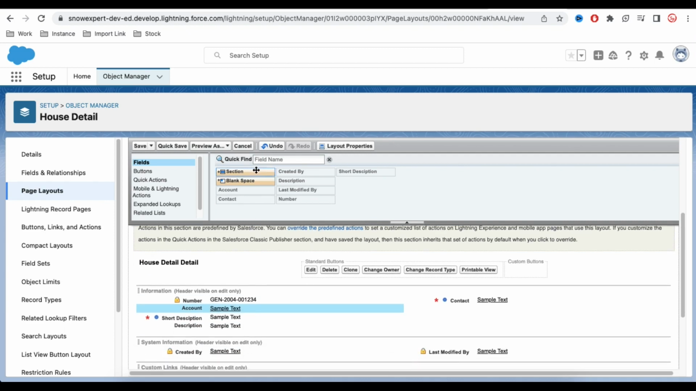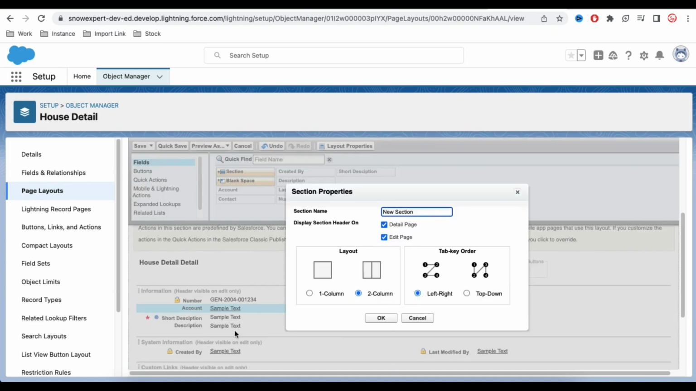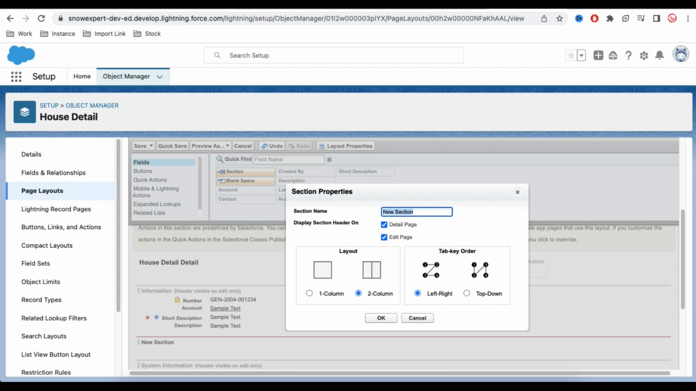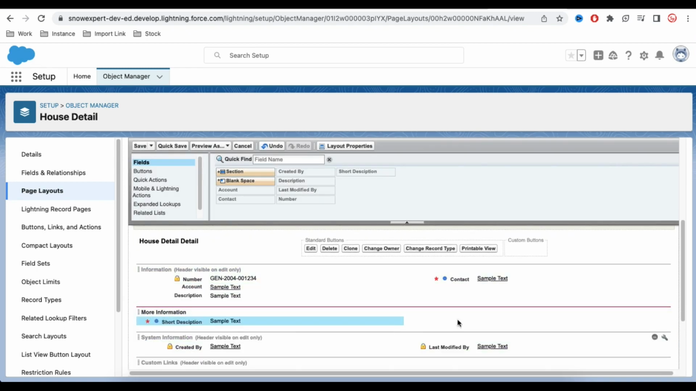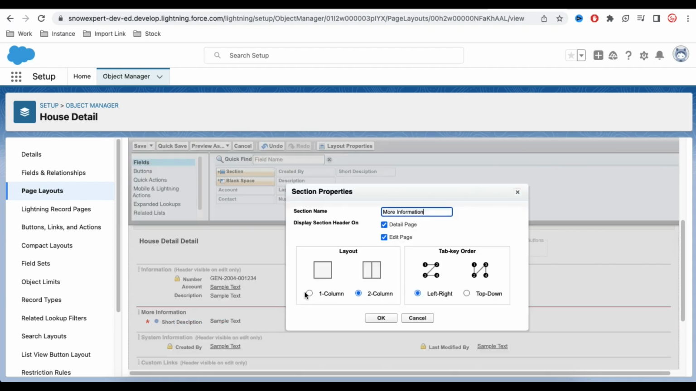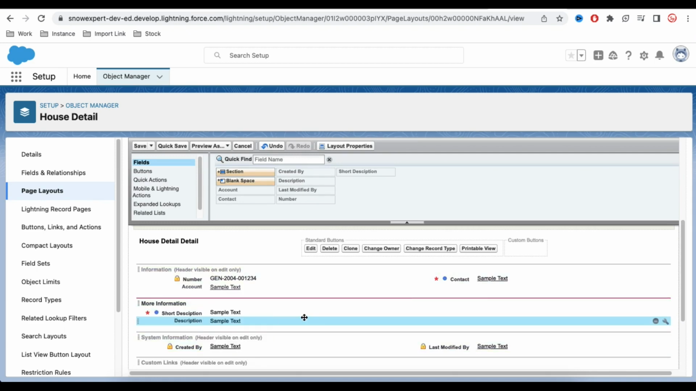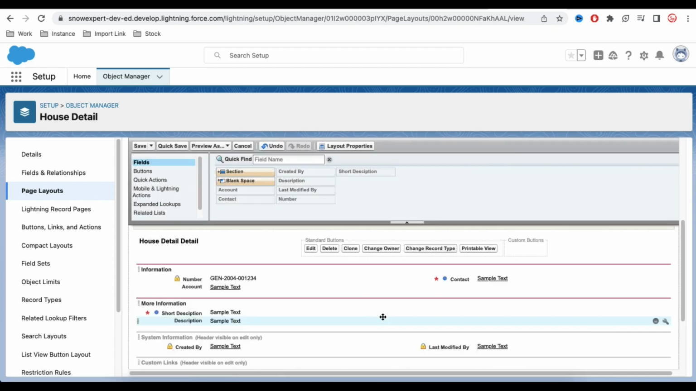If I want to create a section, I can simply drag a section. Let's say I'm going to create a new section, and then I will click OK, and here I will name it More Information. I will select that and click OK. Then for the short description and description, I will change this 2 by 2 layout to a 1 by 1 layout. I want to add the short description and description here, and for this one I'll click the gear icon, check the details page, and then save. This way you can